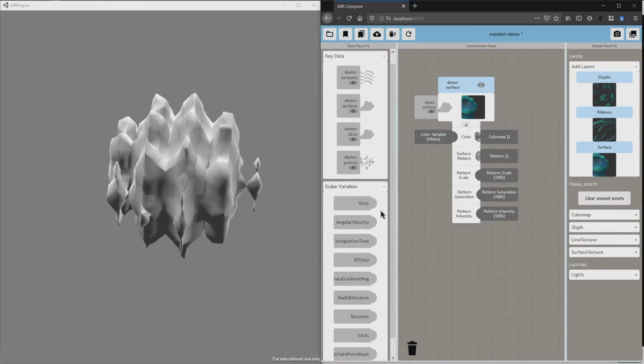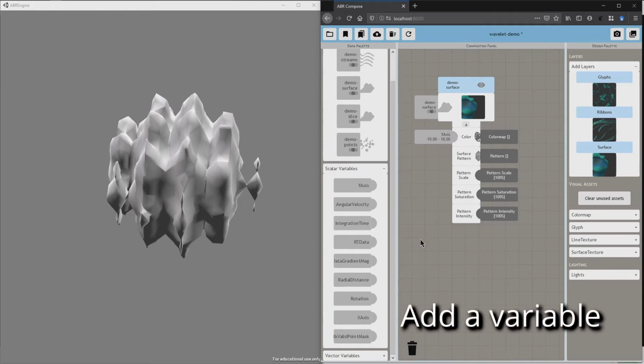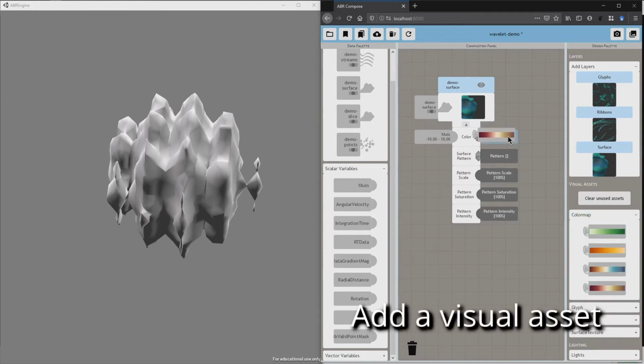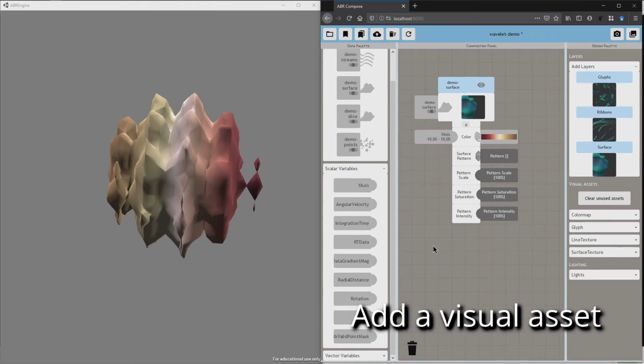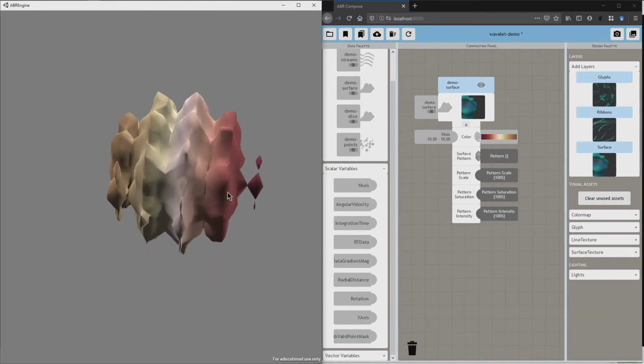But on the tower, then you can say, okay, how do I want to color the surface? And what's the variable that I want to color the surface by? And so you can see I'm dropping on the color variable, and I move over and I say, okay, I'm going to pick a color map, and there it is, and drop on the color map, and you can see how it changes right in the window.